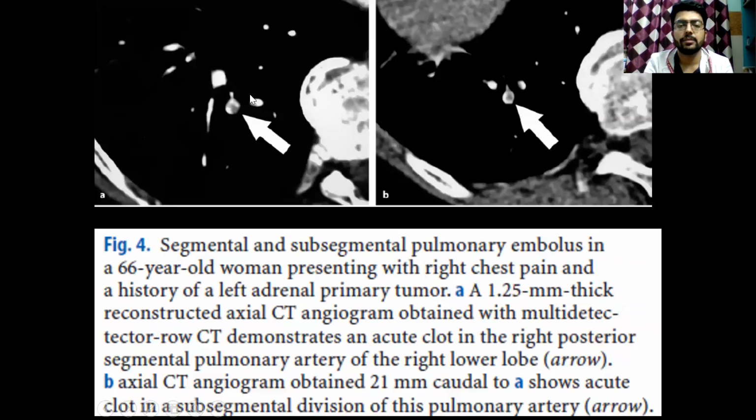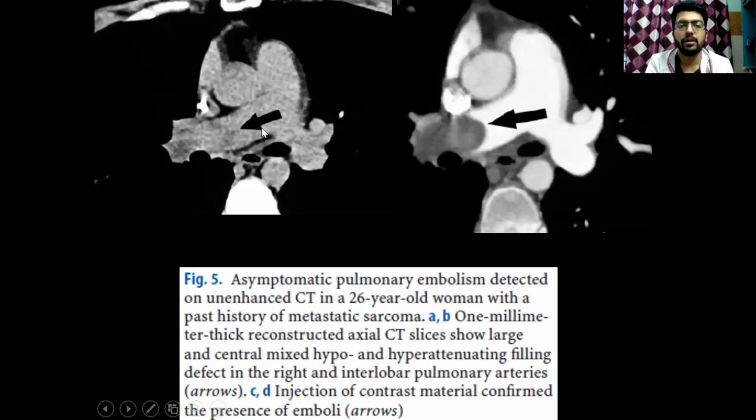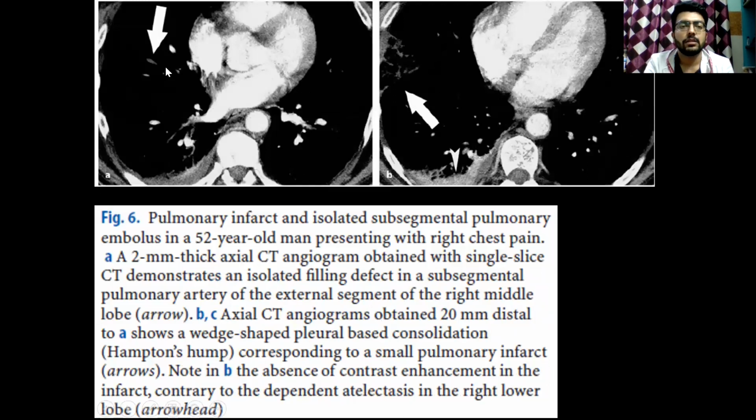This is the segmental and subsegmental pulmonary embolism. This is again acute clot in the subsegmental division of this pulmonary artery. This is how it looks in the non-contrast scan. When we give contrast, we can see tumor thrombus getting lodged in the right pulmonary artery. This is the clot in the subsegmental arteries associated with